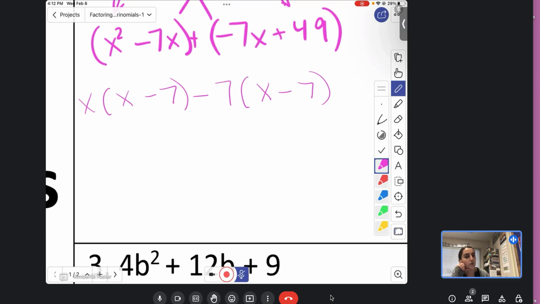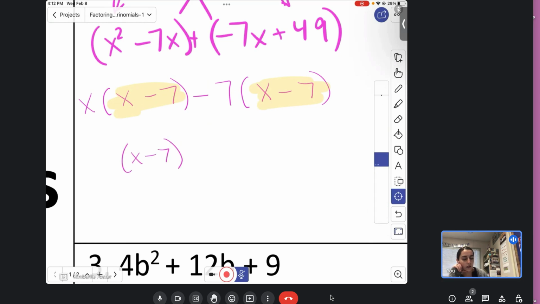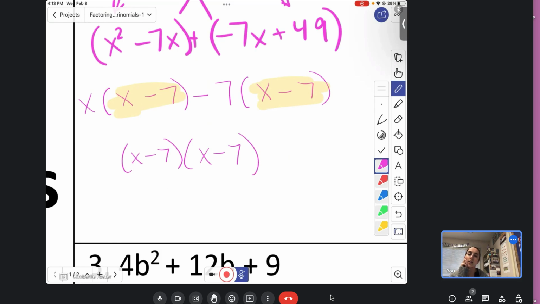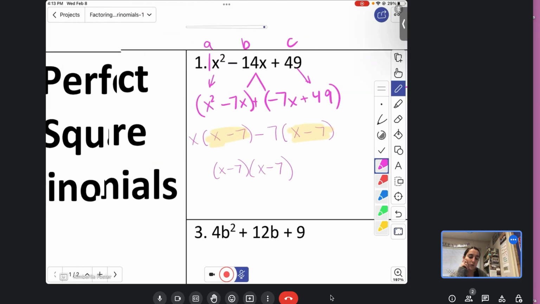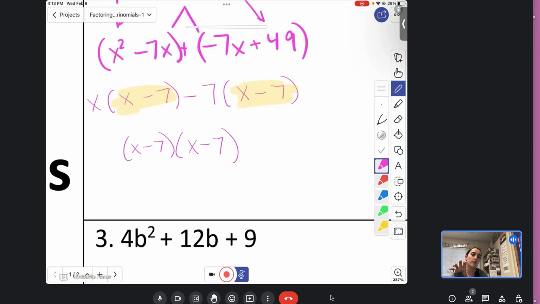Okay, so what we should notice, first off, is that what's inside our parentheses is the same. Okay, and so that's going to leave us with x minus 7. And then also what I'm left with is x and negative 7. x minus 7. Okay, so this is called a perfect square trinomial because the same thing is being multiplied by